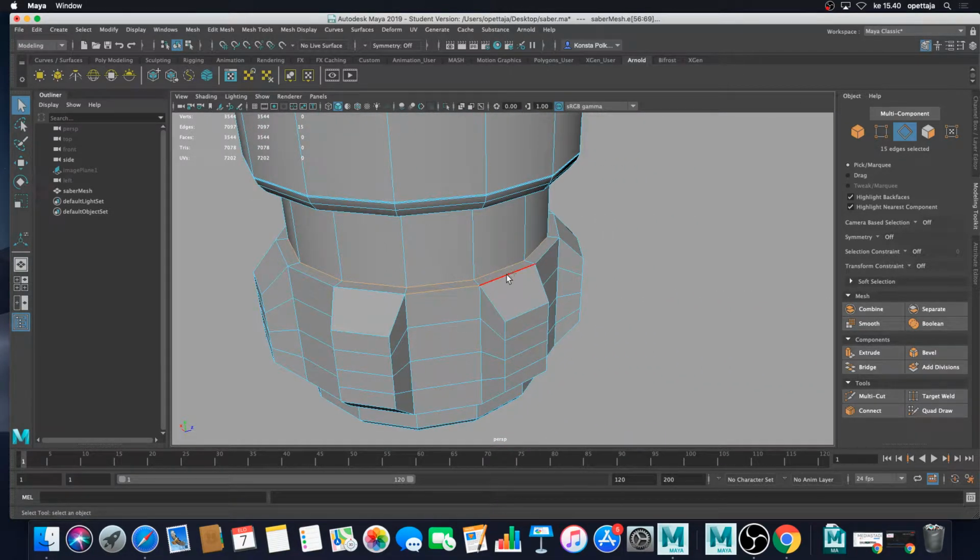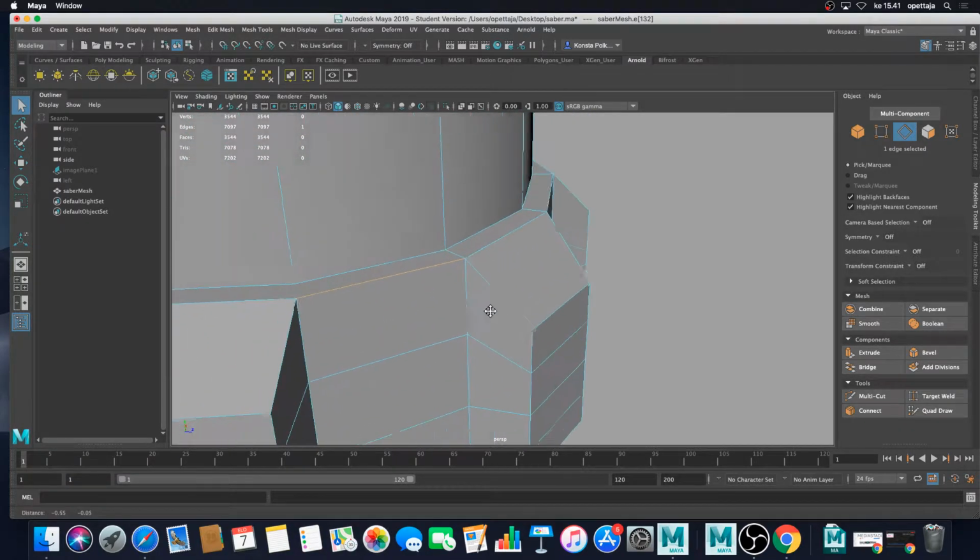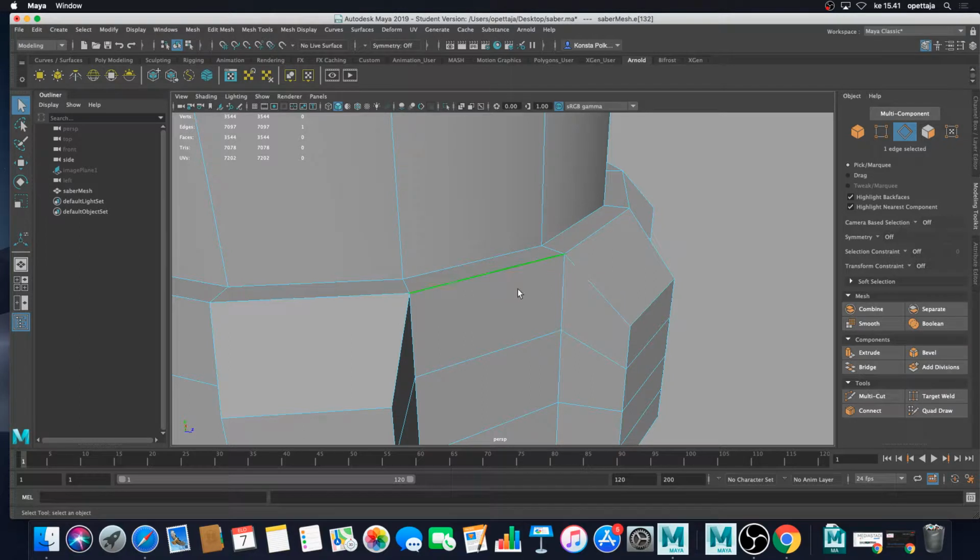And actually here in the bottom I cannot select the whole edge loop, because here where these extruded forms are, there is 1, 2, 3, 4, 5 edges merging in one vertex, and from